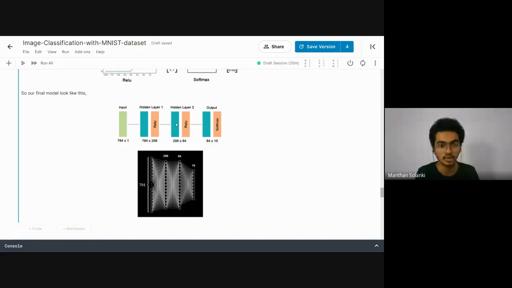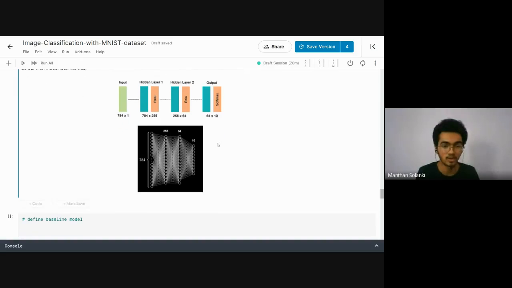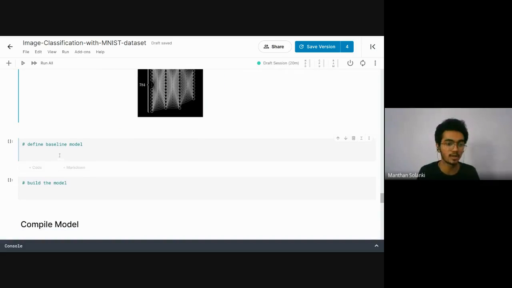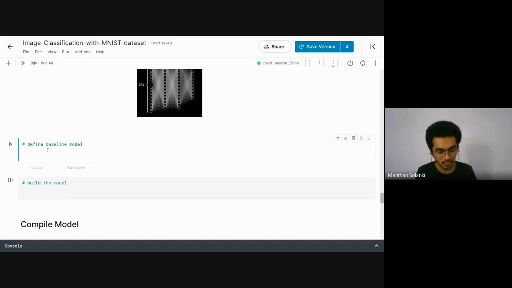So the weight matrix between them is 256 into 64, and in the last we have the 10 classes. So the multiplication with the previous neurons is 64 into 10. It looks something like this, right? So here we define our baseline model.